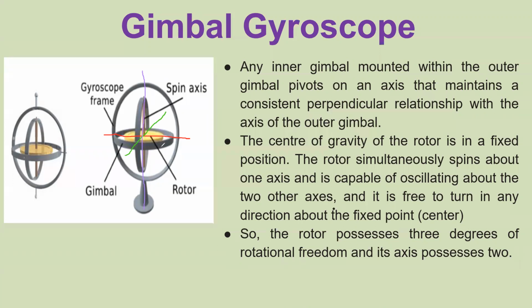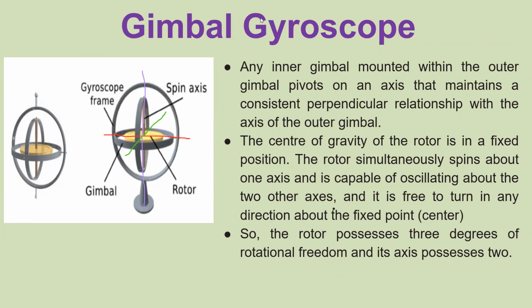So what happens is, when the orientation changes, as this has some degree of freedom, it tries to rotate, but in order to preserve momentum, as there was no change in momentum, even though the orientation changed, this disc will stay fixed in space. But the other gimbals, this gimbal and this gimbal, they will rotate. They will rotate, but this will not.